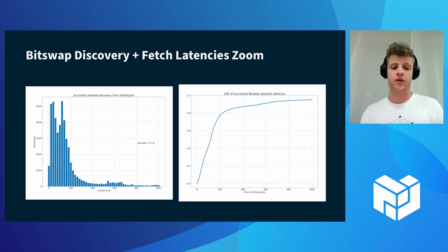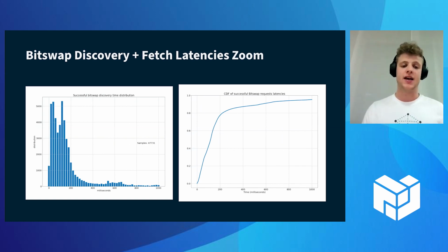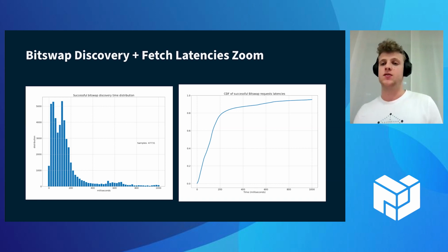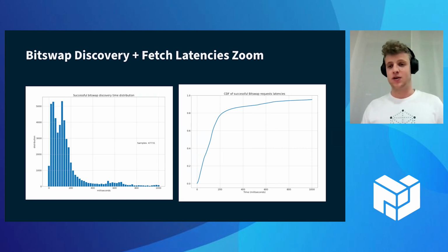And if we zoom further inside the first second, we can see that there is a high peak in the 201st millisecond. So almost 80% of the successful Bitswap requests return in less than 200 milliseconds. Yeah, so it means that Bitswap is fast, Bitswap finds the content, but Bitswap really floods the network, which doesn't